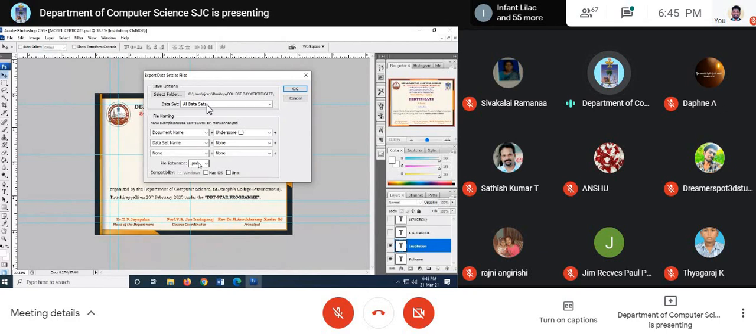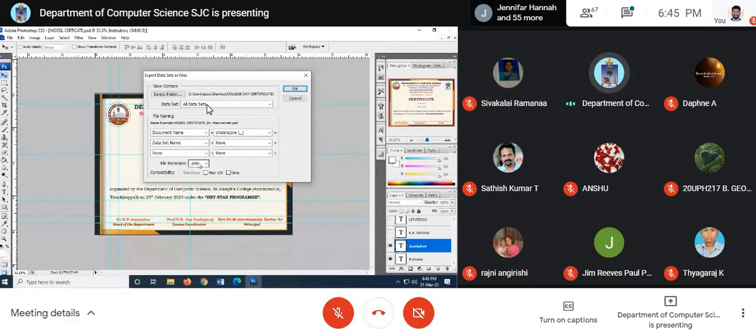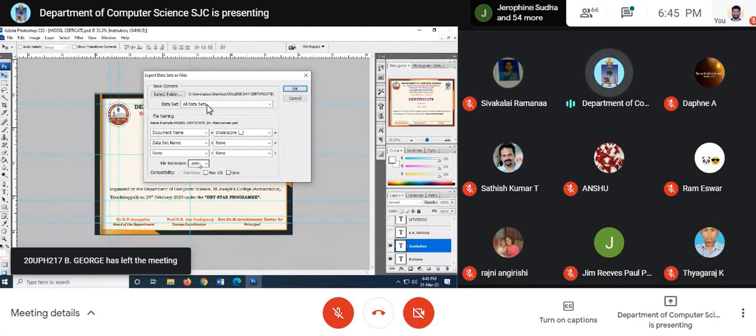And we will add photographs and other layers too. Maybe 5 layers. We will go for 5 layers, with other data sets. All the data sets will be accomplished along with photographs. I'm going for the ID card also tomorrow.